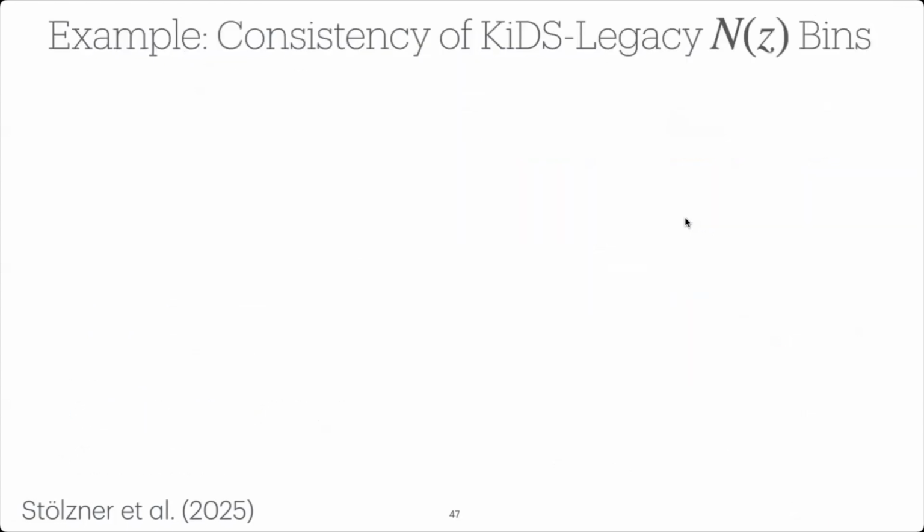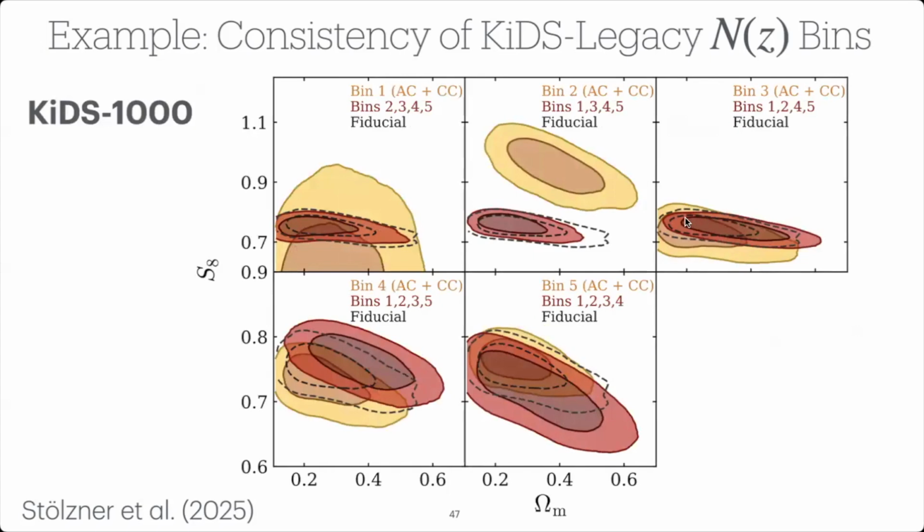And as an example of these consistency tests, I want to show just the results of the split by redshift bin. And here we can actually make a comparison to the previous KiDS 1000 analysis. So in this plot here, you can see the constraints from the auto and cross correlation of individual bins in yellow and the remaining bins in red. And you can see when you look at bin 2 that there is some inconsistency found in this bin. But back then we checked that the impact of this bin on the overall cosmological constraints is actually negligible, because the signal there is quite low. But still, it's something that is